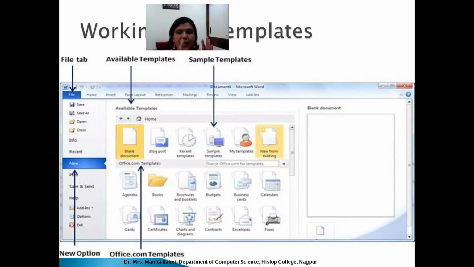Just from scratch, you can create a single letter, or there are some letters available in the form of templates, or you can create a report from scratch with all decoration and formatting, or some templates are available by default. So if we select a blank document, what are templates? Templates are like your lab manual that has all the things printed.